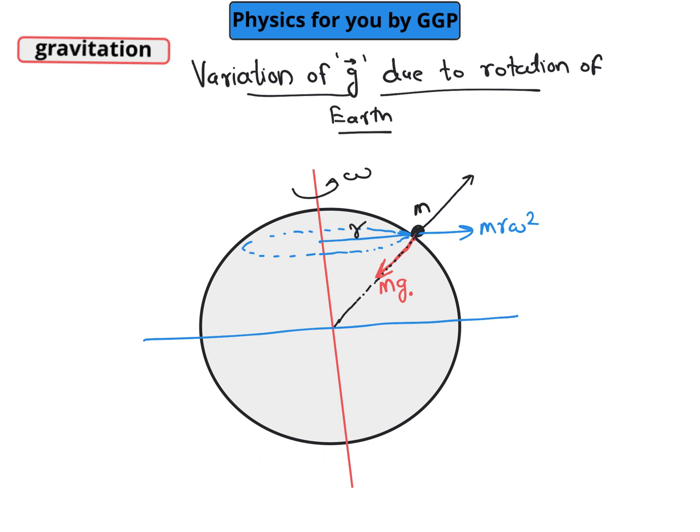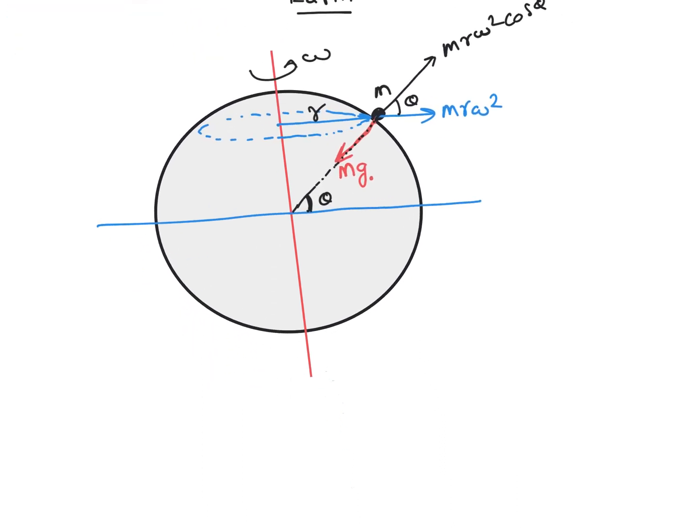If we resolve this m r omega square into its components, let's say this angle is nothing but the latitude, which is theta. So we can write the component as m r omega square cos theta. So we can write the net force acting towards the center. The net force acting towards the center is m g naught minus the component of centrifugal force, that is m r omega